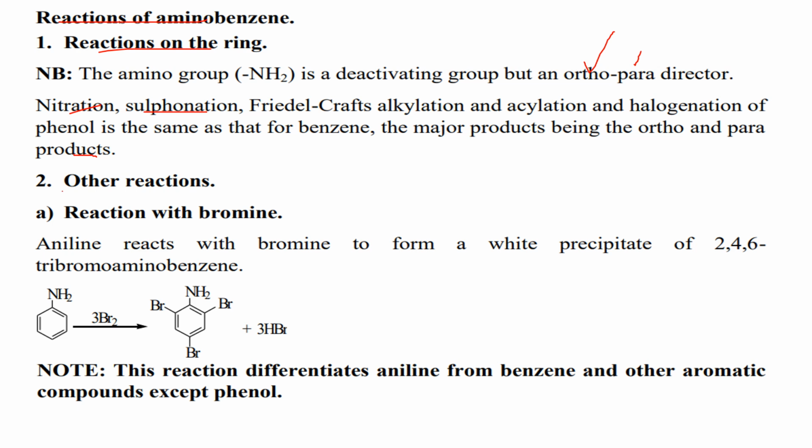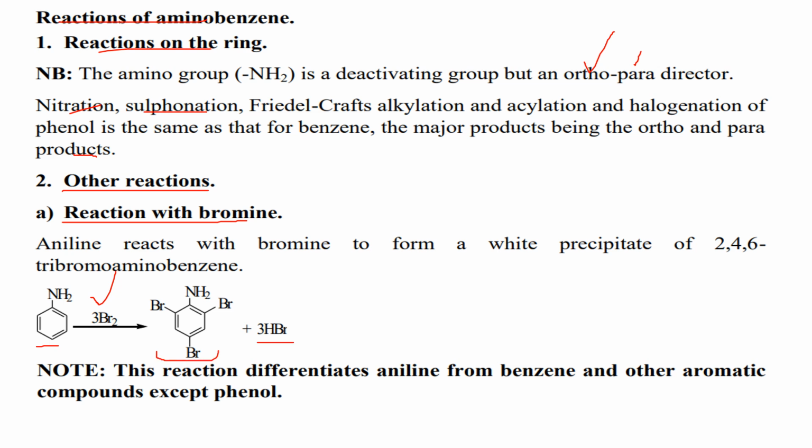Now let's look at other reactions. Other reactions, we are going to be looking at reactions with bromine. So aniline, just like phenol, they have the same reaction with bromine. So aniline reacts with bromine to form a white precipitate, and this white precipitate is going to be 2,4,6-tribromoaminobenzene. So here you'll be having 3 molecules of bromine reacting with aniline to form a white precipitate of this